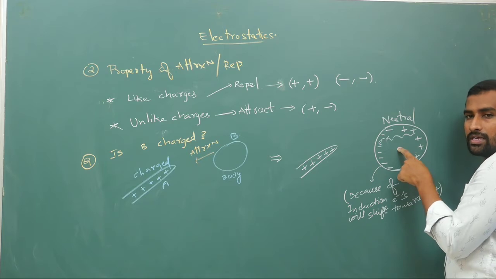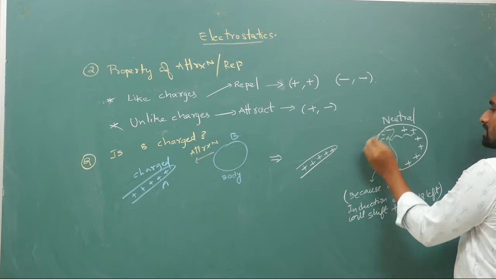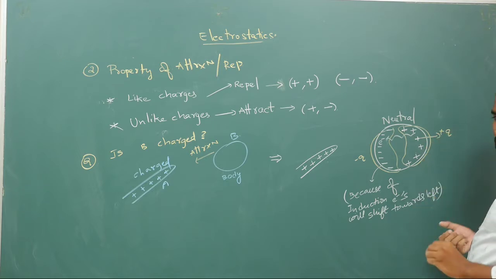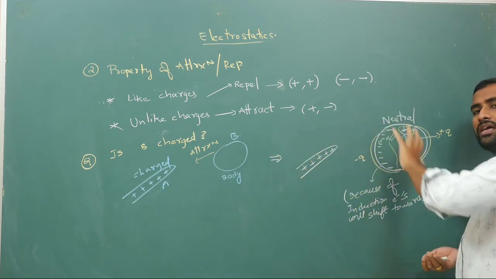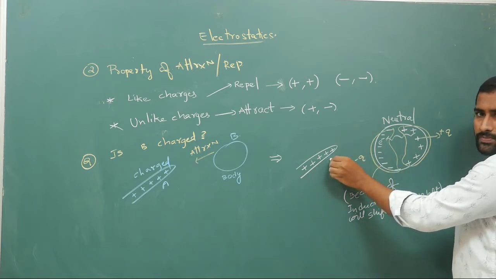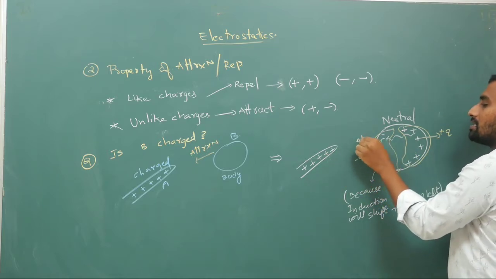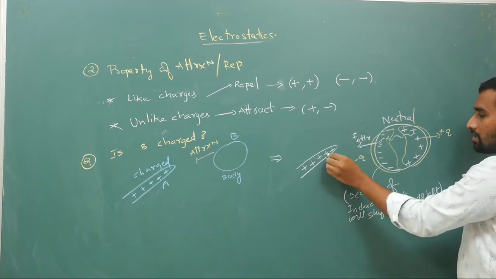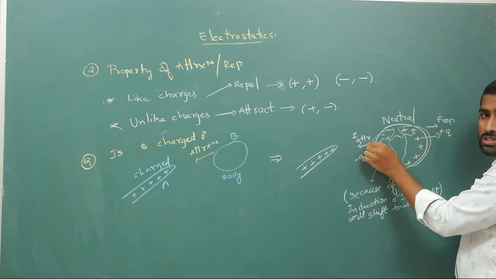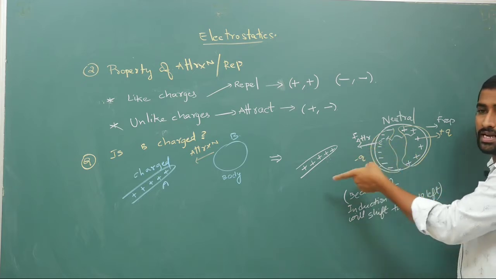Now initially the body is neutral. Within this part there is some minus q charge, and within this part there is some plus q charge deposited like this. Initially the body is neutral, finally also the body is neutral, but this negative charge is close to the positive charge. Whichever charge is close, it will dominate. Because of this charge there is a force of attraction, and on the other positive charge there is a force of repulsion. But which is close? This negative charge is close to it, so overall this neutral body will get attracted.